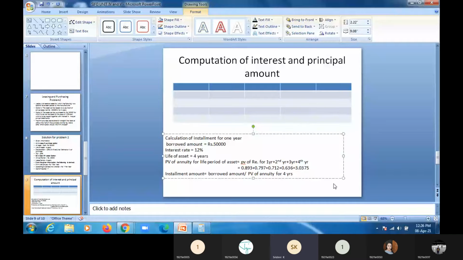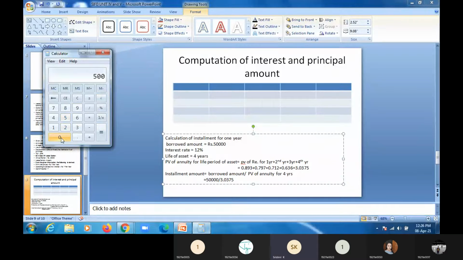So that is equal to 50,000, the borrowed amount, divided by 3.0375, the annuity value. You divide that: 50,000 divided by